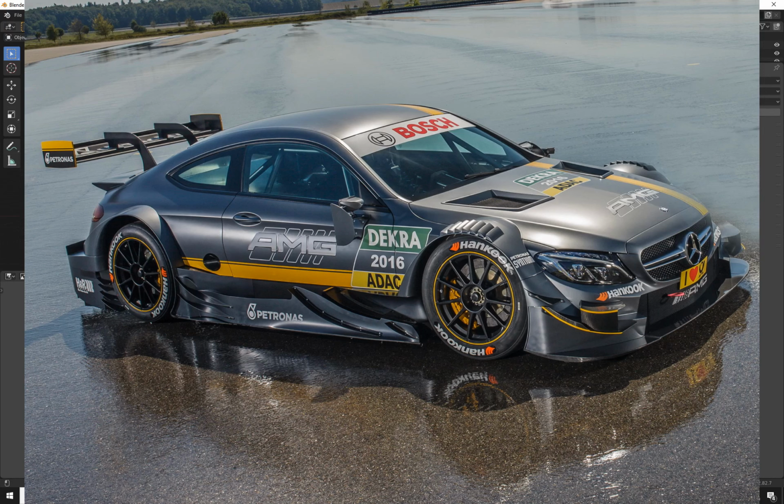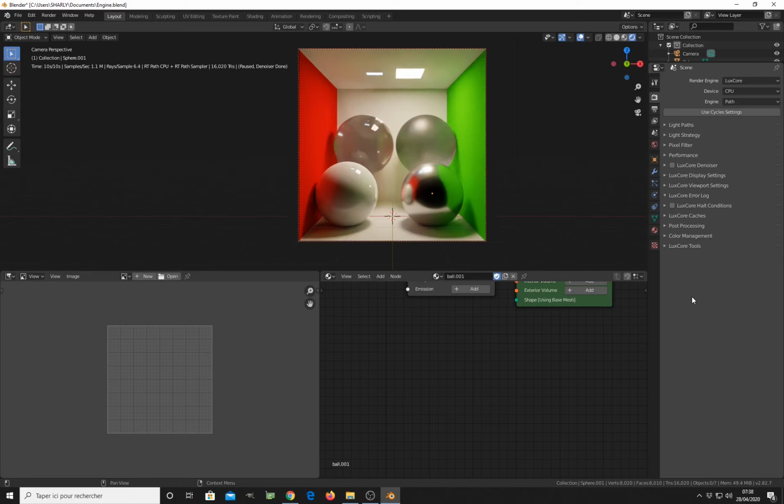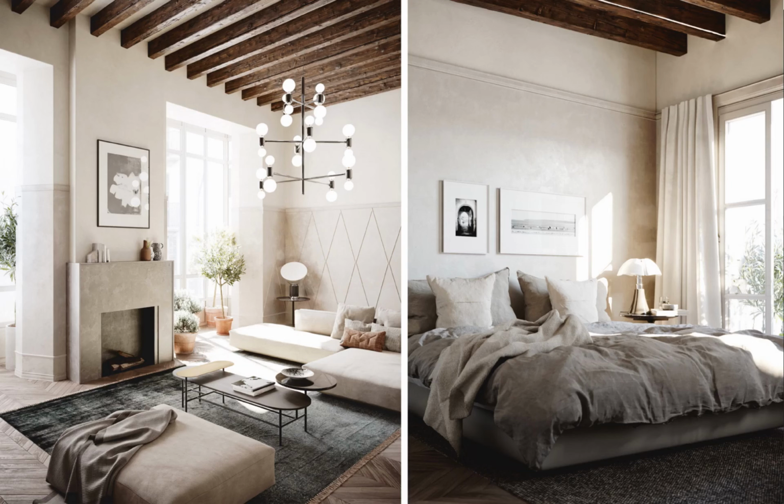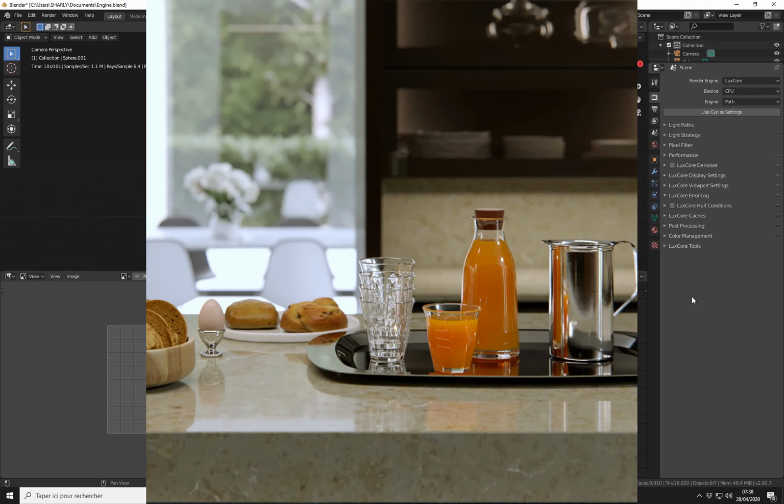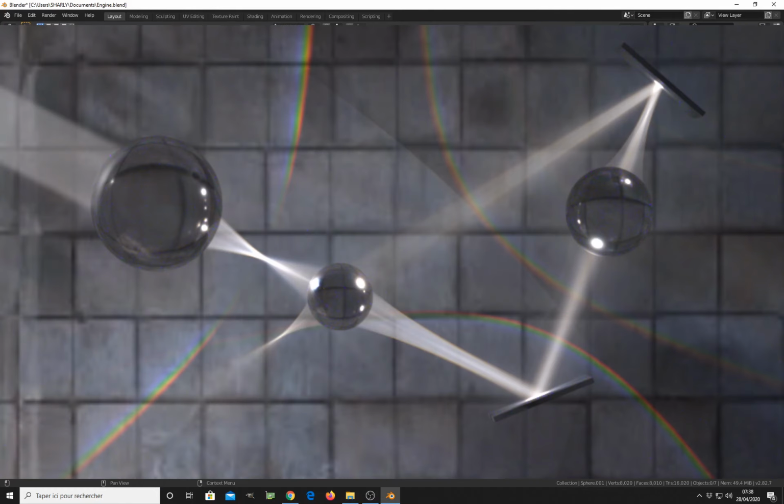So Luxcore is like this. It is like your normal engine, let's say Cycles or Arnold render, but with some features inside to make it faster. The reason is that the render equation is pretty hard sometimes. Sometimes you want to render diffuse material, so there is a configuration to go faster. Sometimes you have to render some glossy material with some caustics,